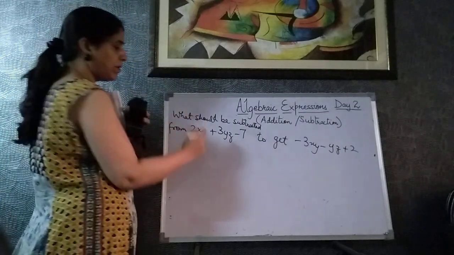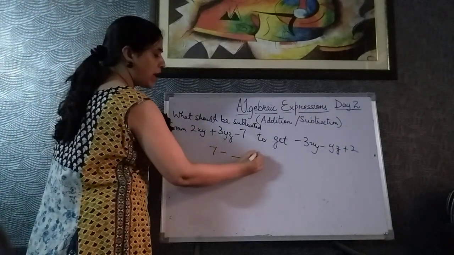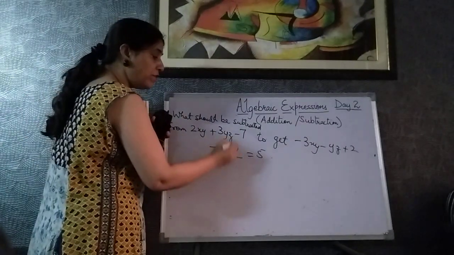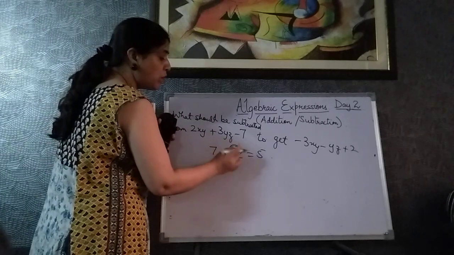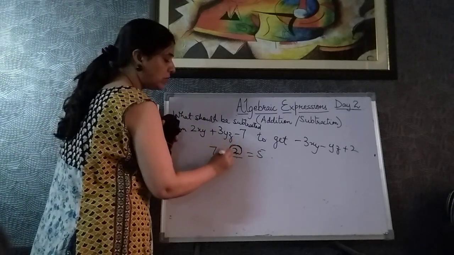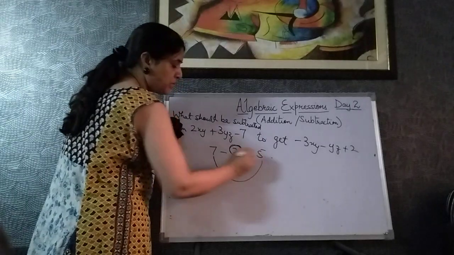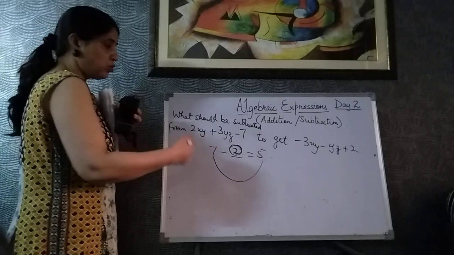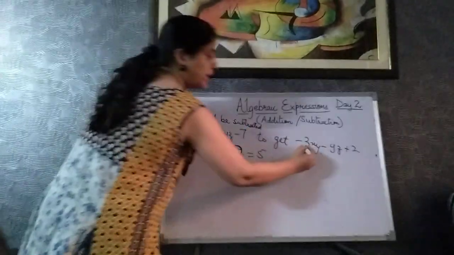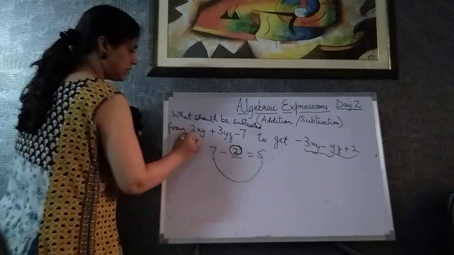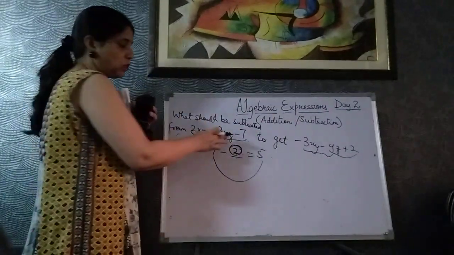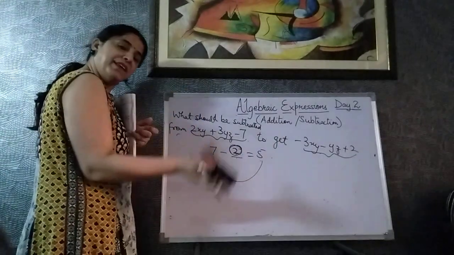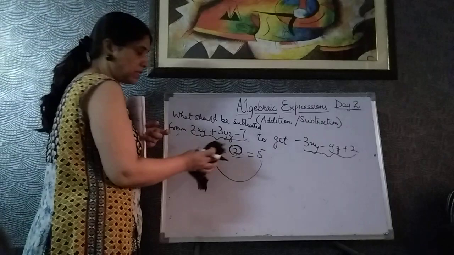Now same type of question, what should be subtracted from this to get this? Think of that simple number. What should be subtracted from 7 to get 5? How did we get this? If I know this is 2, how did I get this 2, children? I got this 2 by subtracting first expression minus the second, to get this. This will be taken as like 5, and suppose this is 7. So this minus this, that means you will subtract the first expression minus the second expression. This is how you will remember.